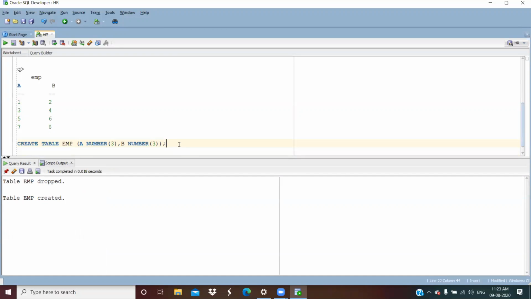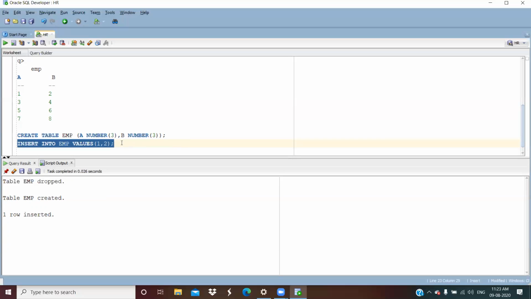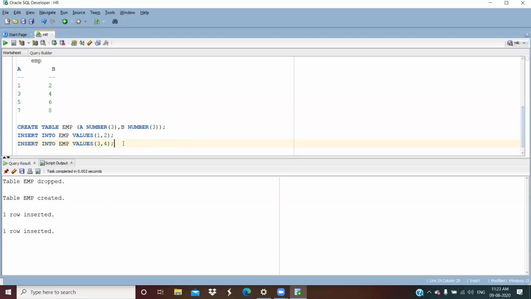Okay. Now inside this, I want to insert some values. I'll write insert into EMP values. Here I'm inserting 1. Here I'm inserting 2. Next, I'll insert 3. Here it is 4. 5.